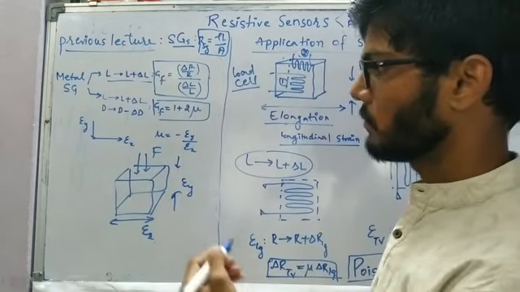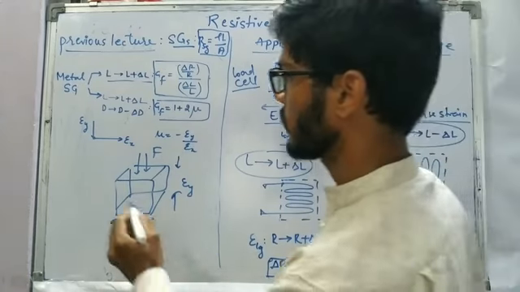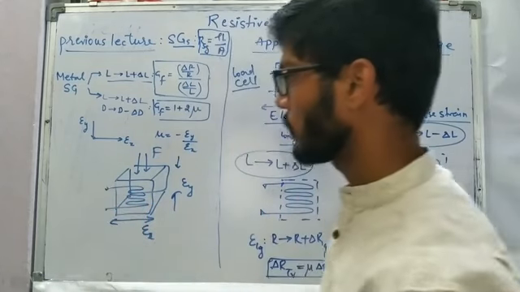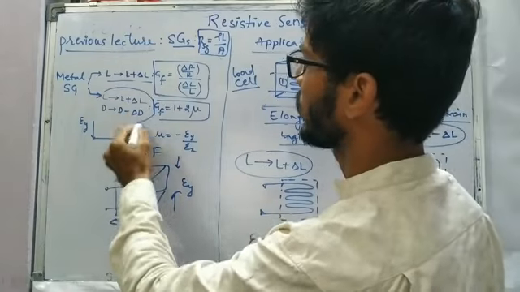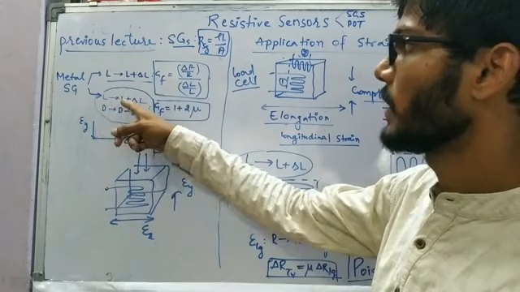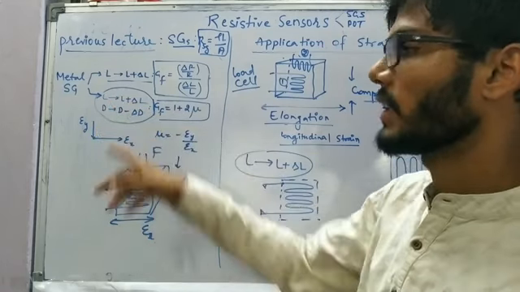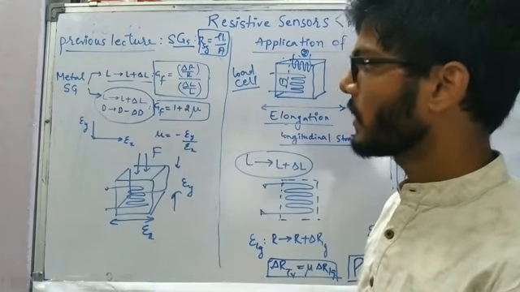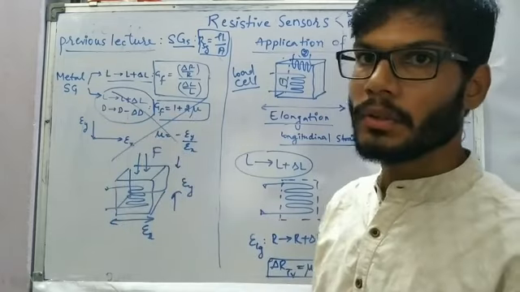So one thing we can do is simply make use of one strain gauge, and if we put it on the body of this particular cubic structure, this one strain gauge can be used in such a manner that if we apply a stress on it, it is going to expand in the linear direction as L plus delta L, and in the vertical direction the diameter will change as D minus delta D. But practically we usually don't prefer this particular type of effect.